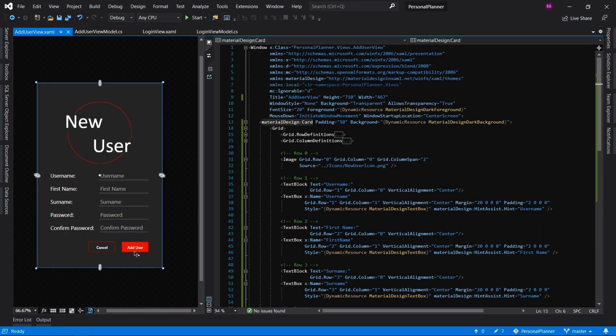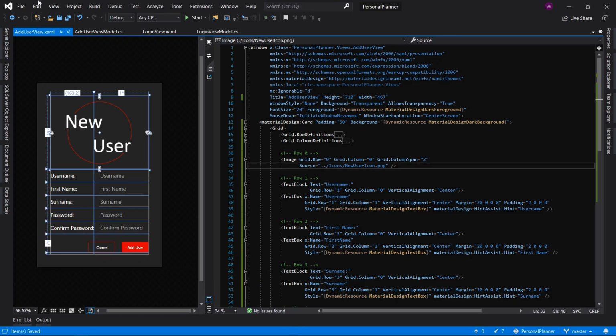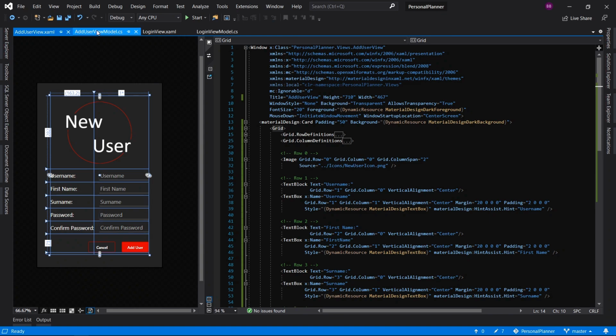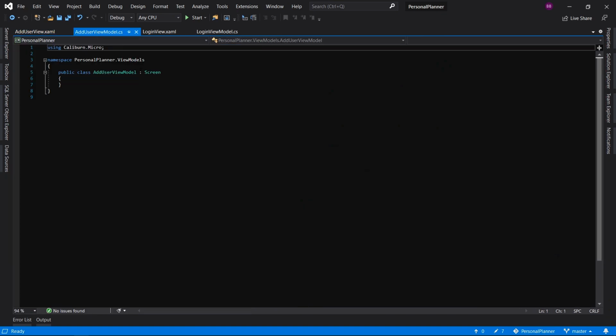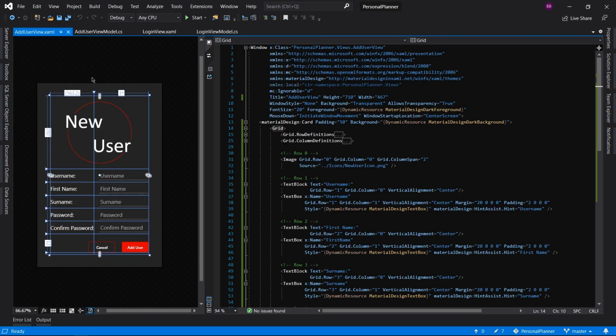There we go. That is the look that I kind of want. Right. So that's all that I need to do for this screen. Now what I need to do is I need to go to the Add User View model because all my design elements are here. Alright, so let me add in the properties for each of these, and